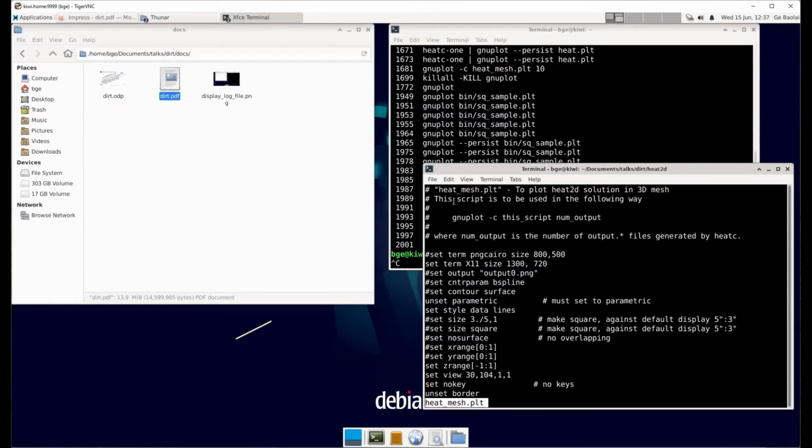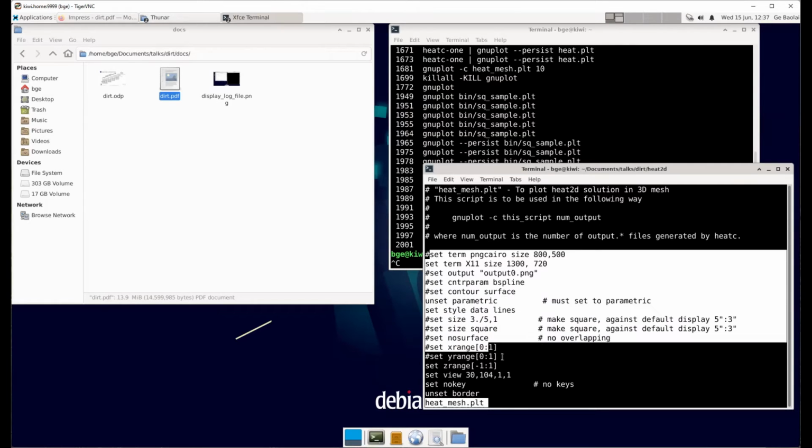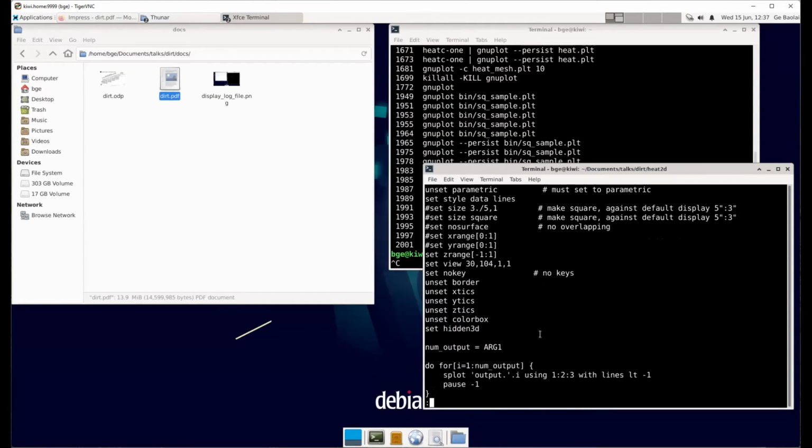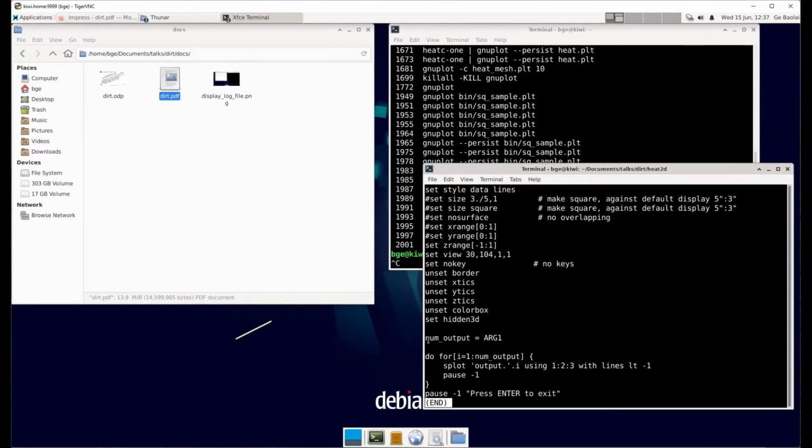This file is a Gnuplot script, and these lines define the settings to generate the plot. It is interesting to know that near the end, the number of output files is set from the command line by the first command line argument. And then we're using a do loop, looping from 1 to the number of output files. And inside this loop, I'm generating